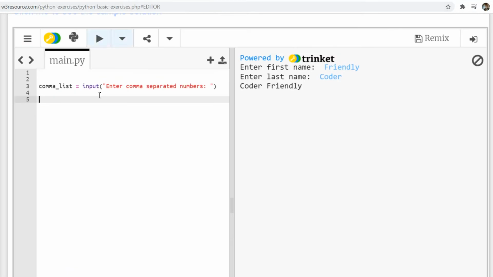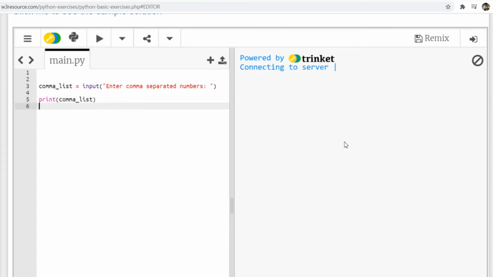But basically what we're going to do first is take the input from the user and just print it. So the input will look something like this: 3 comma 5 comma 2, then we just print it. This is basically just a string here. What we need is